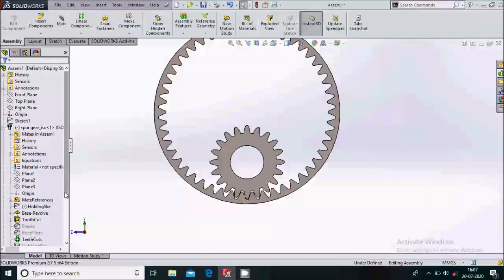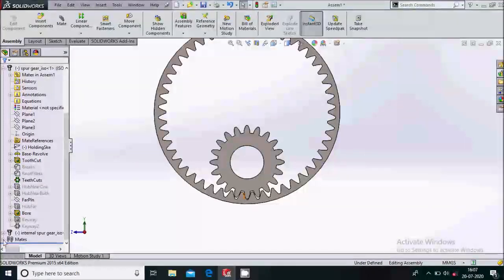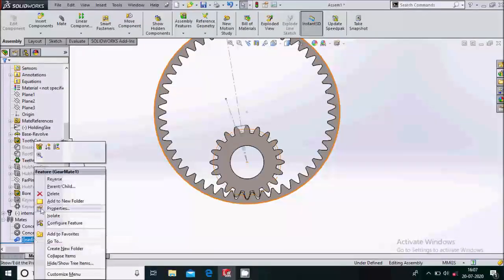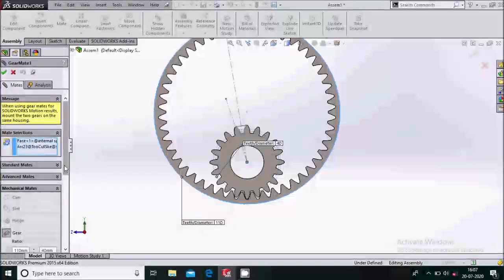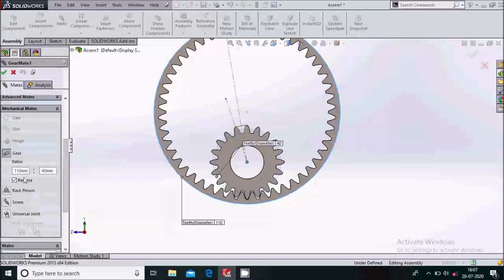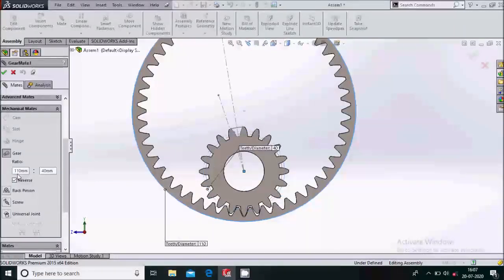OK. So before that we will go to mate again. Select the mate, edit feature mate. Now here we have to define the gear ratio. OK, gear ratio is nothing but the ratio of teeth. So the teeth for the internal gear is 50 and the teeth for the external gear is 20.